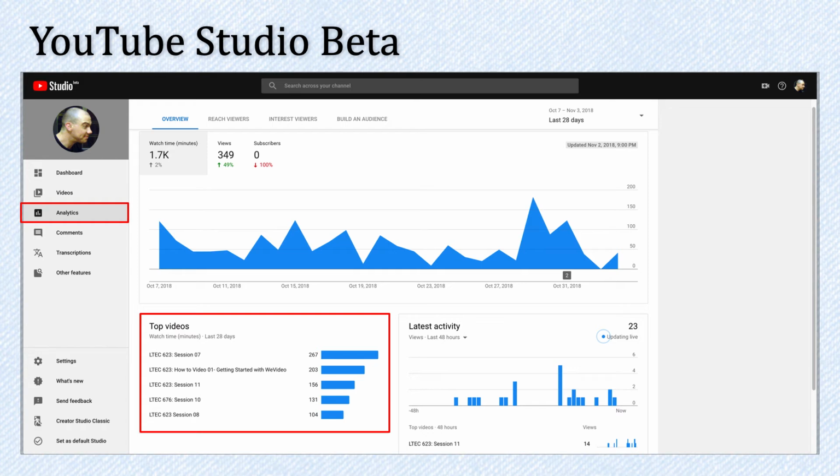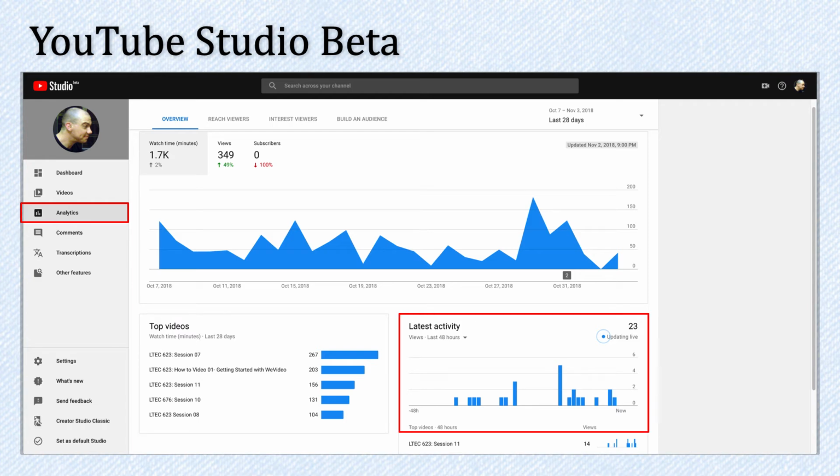And we can see that for some reason, the Session 7 video seems to be the most popular. And then if we look over here, this is very interesting. This is a live update of the latest activity in the last 48 hours. And what's interesting is if you just sit on this page, you can tell that it's periodically updating when somebody